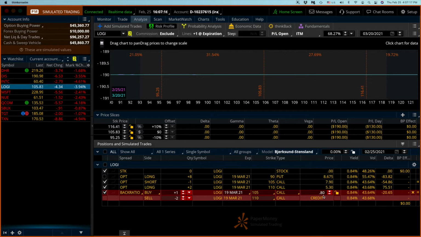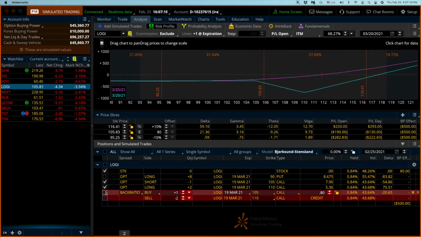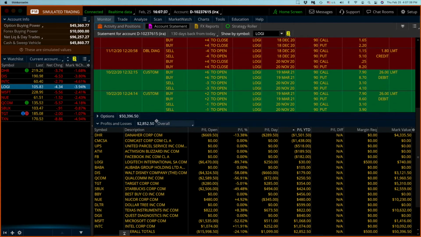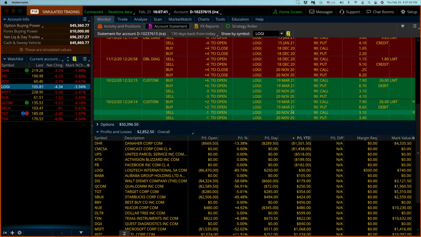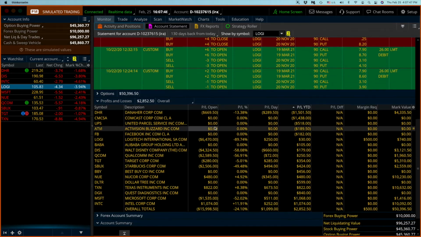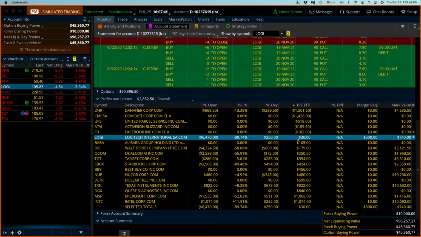Okay, so that's only 80 cents. It doesn't bother me to have it there, but if the stock was to rally to 170 or more, we could make additional money. If it goes down, we have already locked in profits, so I'm not going to do anything about this. Okay, you can go and account for all of the trades here. Once again, we started this back in October. Okay, and now all I have is March, and I obviously took my profits as I went along, so that I had a profit,